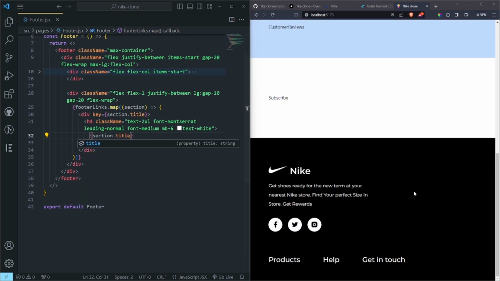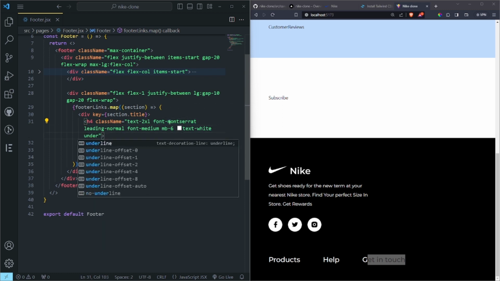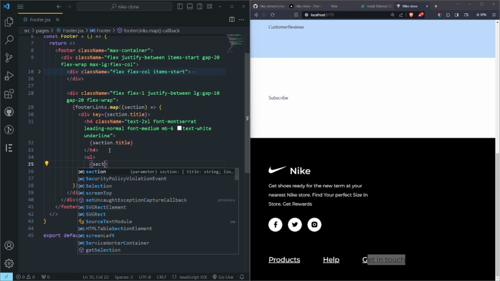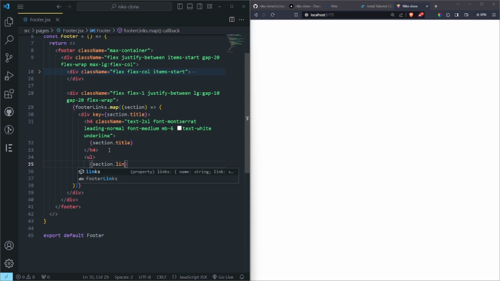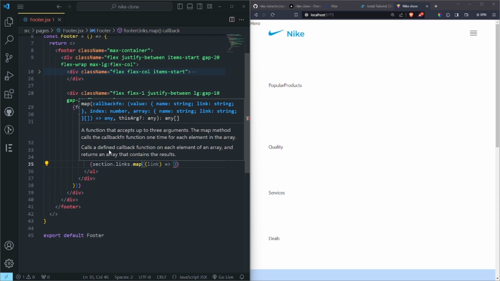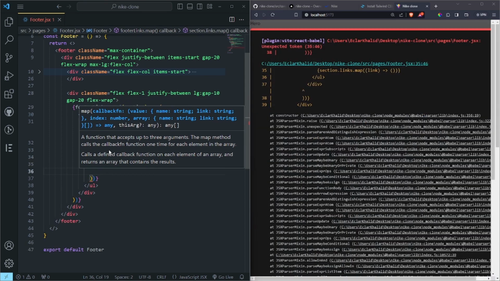And now we can see that you have the product, you have the help, and then you have the get in touch. You can make this. Let's do this. Let's see how it will look like if you underline. That's better, right? And then now below this h4 we want to do ordered list, and then we're going now to map the section.links.map, and then we want to map link, then function, let's see,